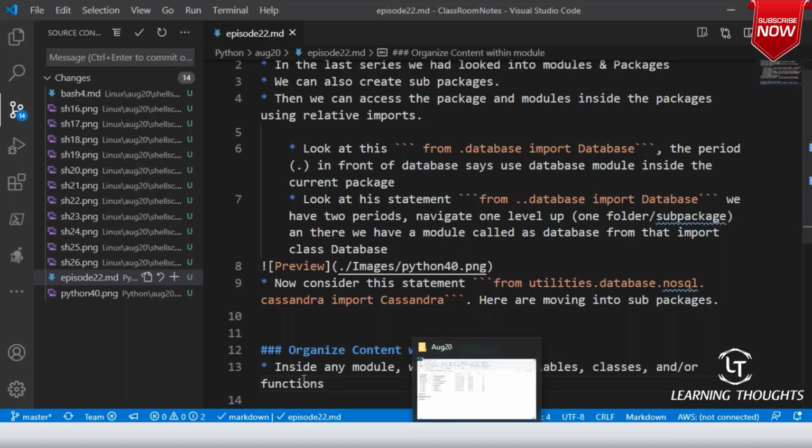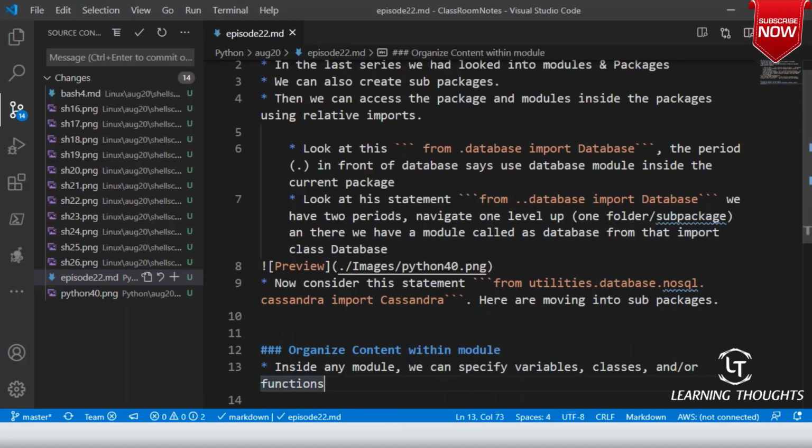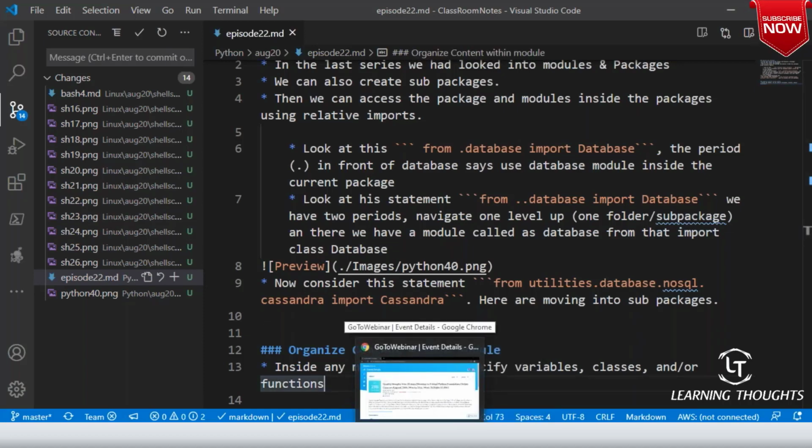The problem with this approach is, if you are using only one module, then we will not have a lot of problems. But as we add a lot of modules, you might have a conflict, because you might have a class called database, and some other package you are using might also have a class called database.